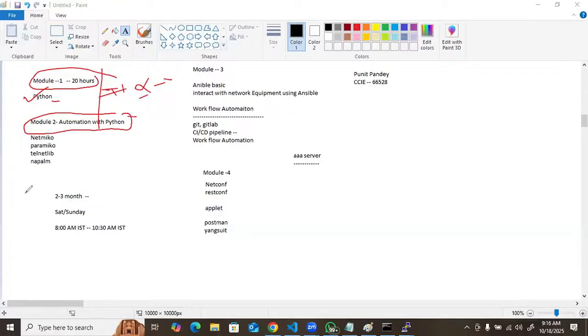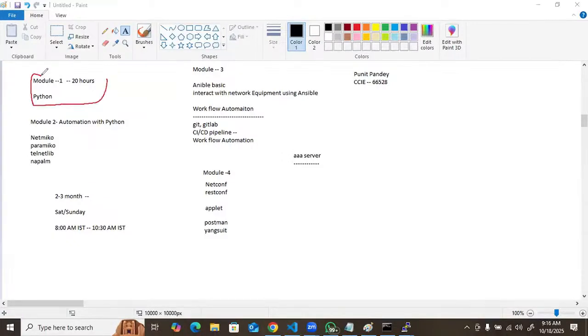So guys, what is the problem with the network engineer? Once you are going to learn Python, at that time you'll feel like, why am I learning Python, why are we performing this type of program, which is really not needed for us, right? Sometimes we have to work on something and we don't know why we are working.